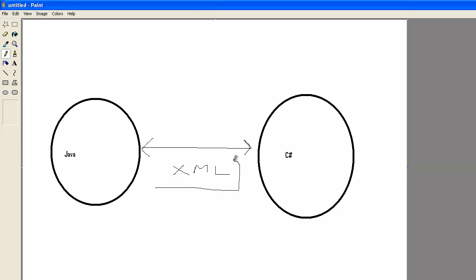Now there has to be a particular way in which these applications communicate. There has to be a particular protocol, right? Giving you a very simple example, say, the air traffic controller, right?